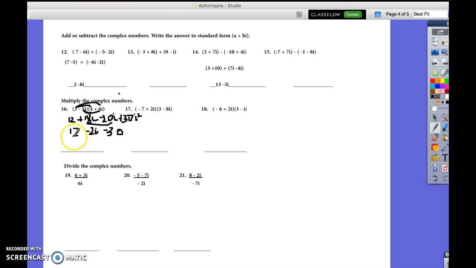And now we take the 12 with the 30 because they're real, and that gives us a negative 18. Can't write properly with this. Negative 18 minus 2i. That would be your answer for this one. Okay? So now you take this and you work the others by yourself. Look at your